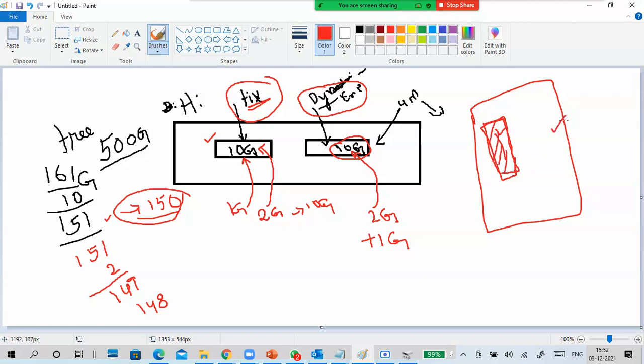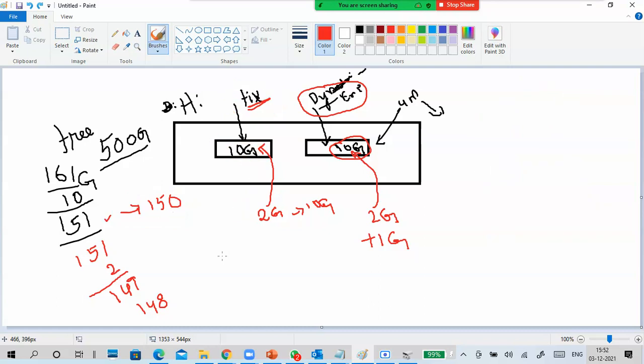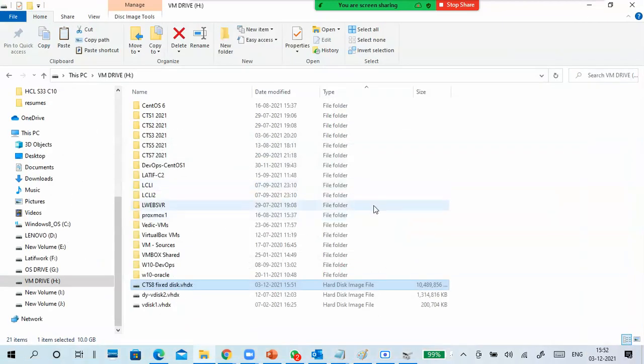It does not affect your physical memory again, because it is already taken. Same thing, 10 GB is occupied at the start only. How much data you are keeping, it is in this hard disk only, not affecting your physical one, because the data is stored in the virtual hard disk and it is not dynamic. So that's it. So this is about your fixed hard disk.